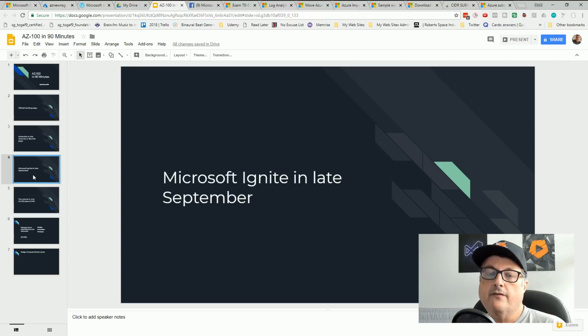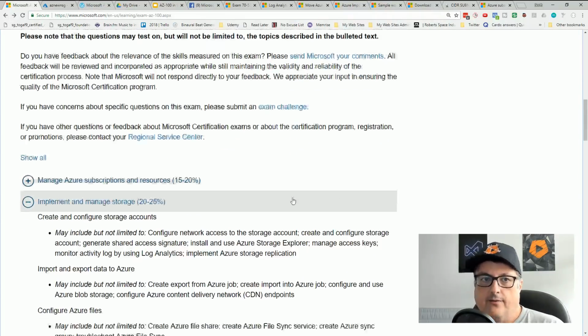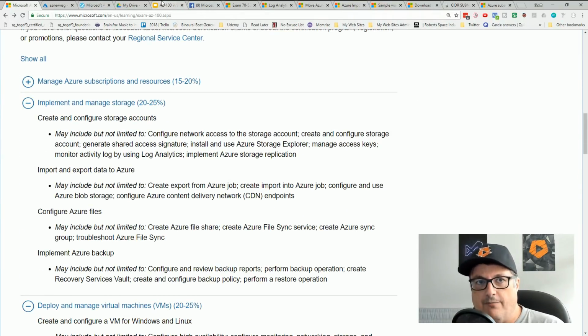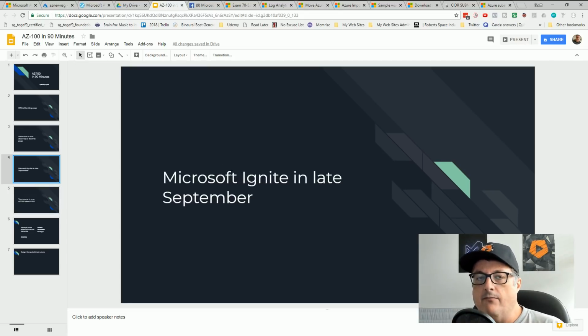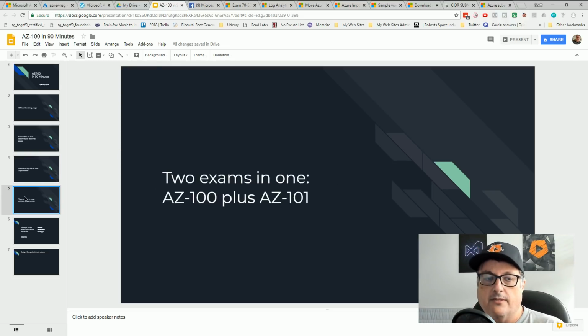I will be at Microsoft Ignite in September. This is a beta exam, and I'm expecting the official exam to go live after Ignite. I'll be there for the keynotes, and we'll see this go live together. I'm expecting this exam will change between now and then. They'll figure out what they really want to do, fix the typos. Keep in mind that it's now July, but we're looking at September into October before this becomes the official exam. This is the AZ-102, which is the two-in-one.